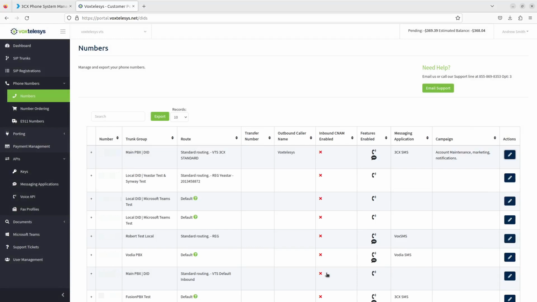Make sure you send some test messages to make sure it's working correctly. Please note that your messages will follow your incoming rules on 3CX. If you have your number pointed to a call queue, it will message the available agents. If you're sending it to a direct user, it will message them directly.